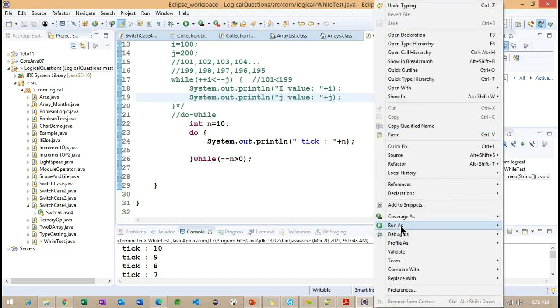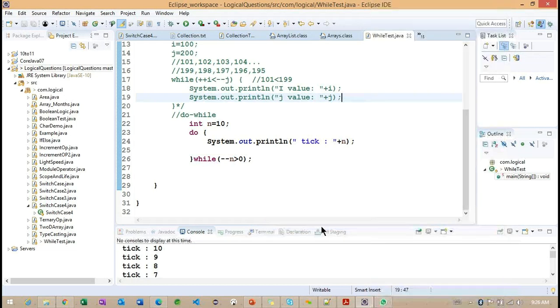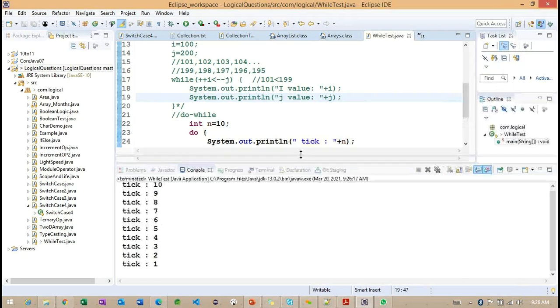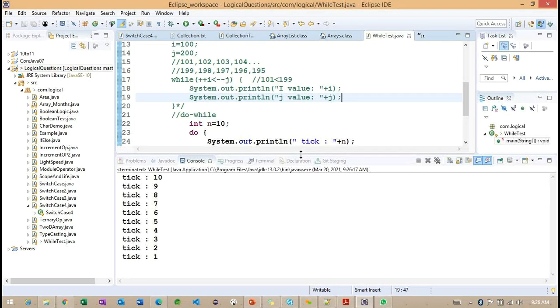So say the same example. Any difference here?